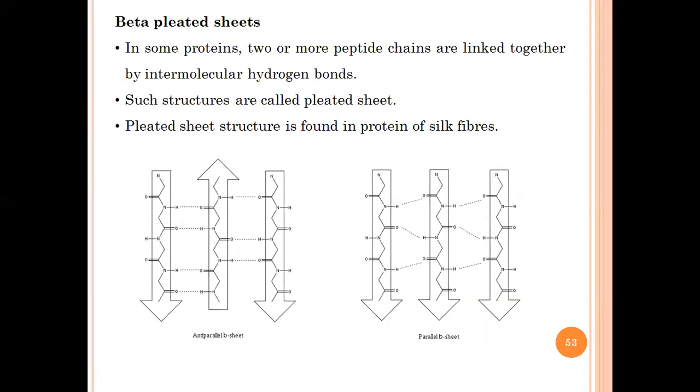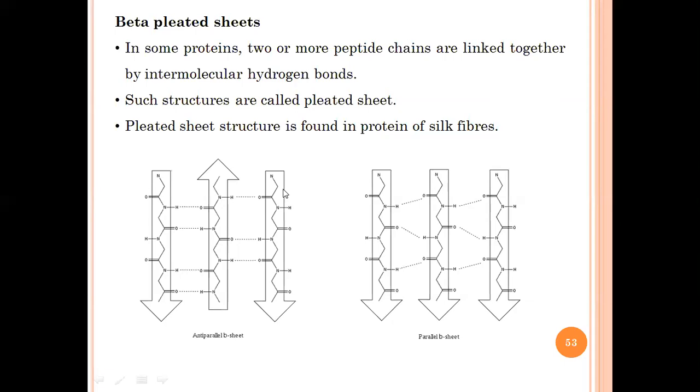Apart from that, as I mentioned, there is another type of secondary structure known as beta pleated sheets. So यहाँ पे 2 और 3 अमीनो एसिड्स के जो चेन रहते हैं, और जैसे पॉलीपेप्टाइड चेन जो रहते हैं, they are aligned बाजू में, and then they actually interact with each other by hydrogen bonding. Okay, so such structures are called pleated sheets. But these structures actually have two types. So depending on whether the polypeptides are arranged in an anti-parallel way, मतलब एक का direction ऐसा, एक का direction ऐसा, एक का again ऐसा, or in a parallel way, मतलब all are in one direction, उसका stability vary होता है.